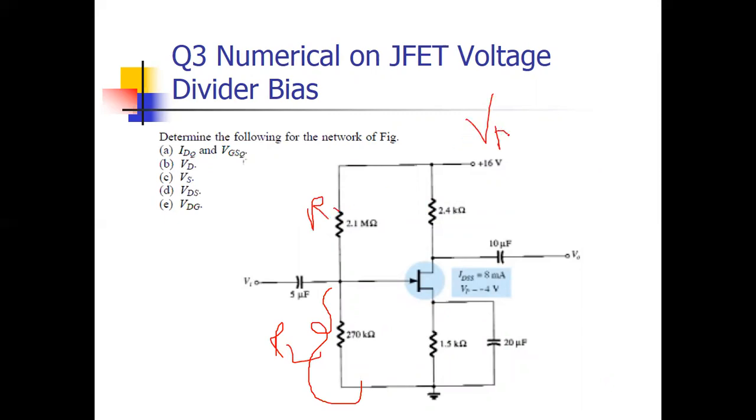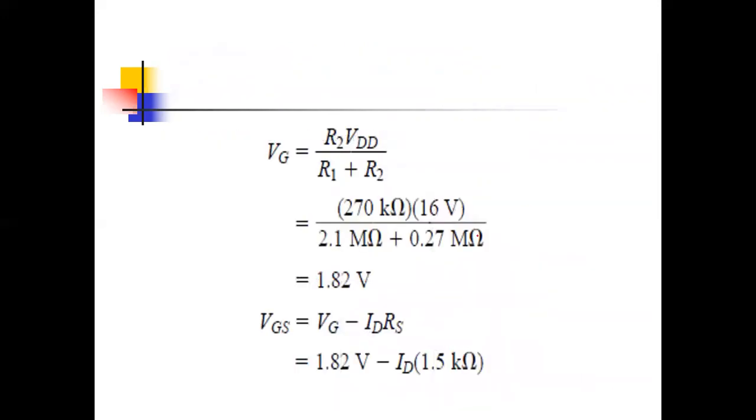So what is the rule? R2 into VDD upon R1 plus R2. Put all the values, and you will calculate the VG. Now VGS